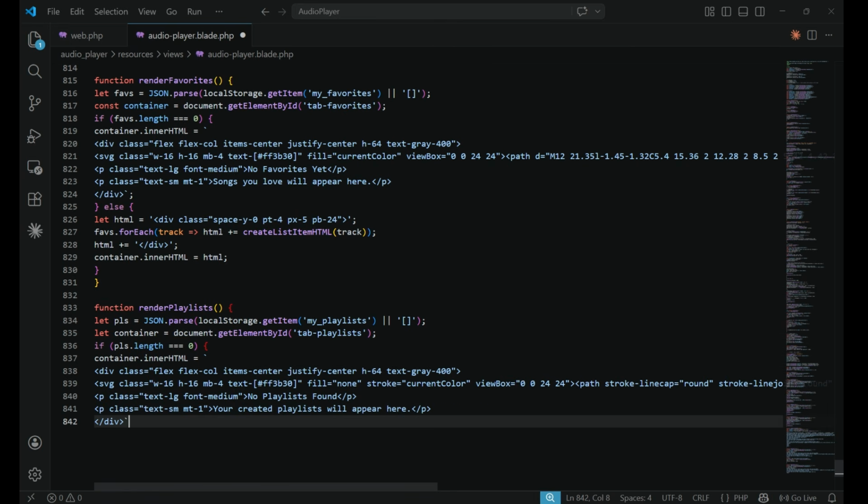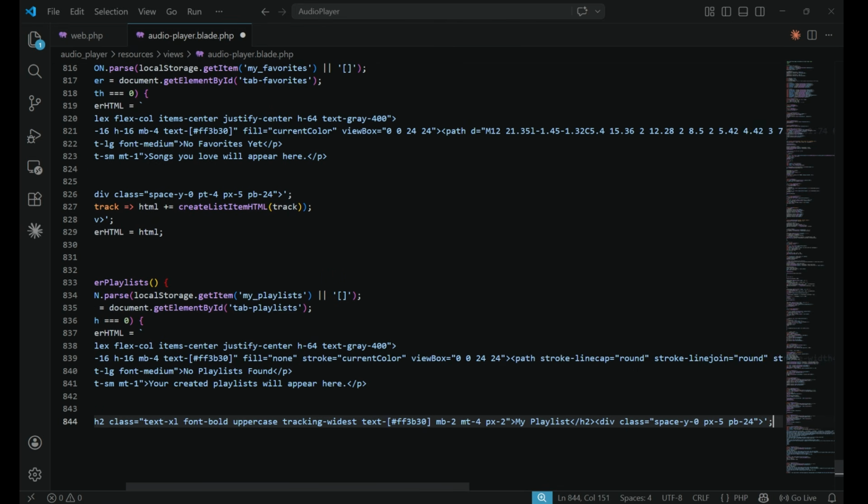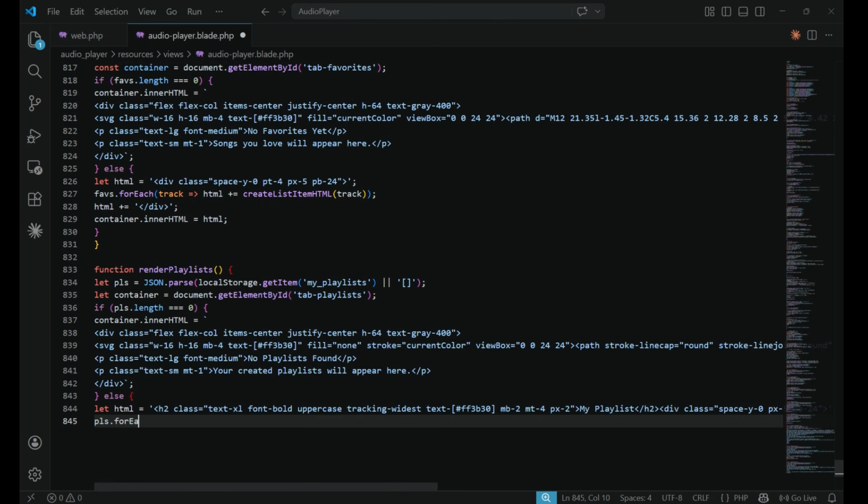After this, I just simply close the div, and in the else I just simply use here, just close this for each,